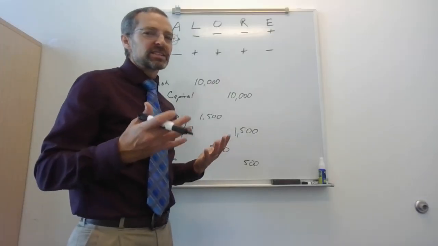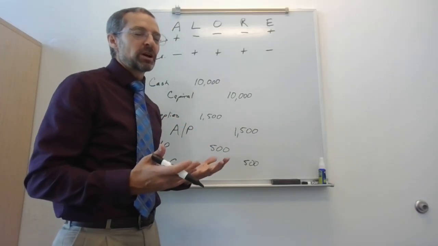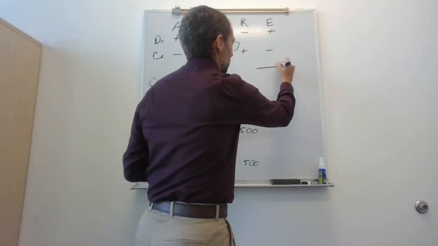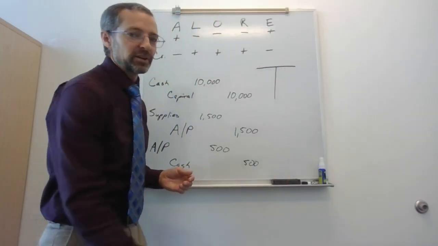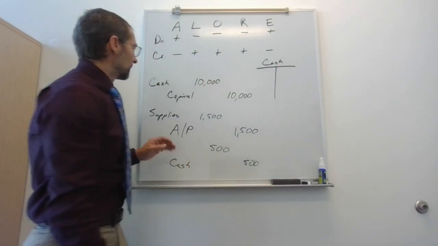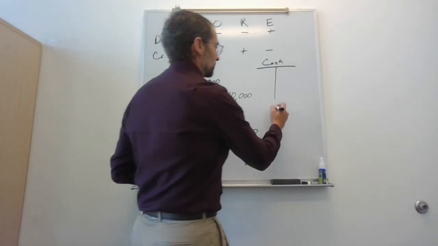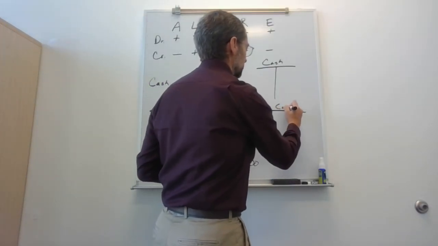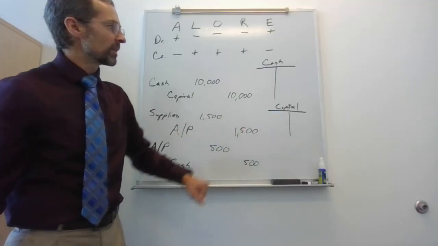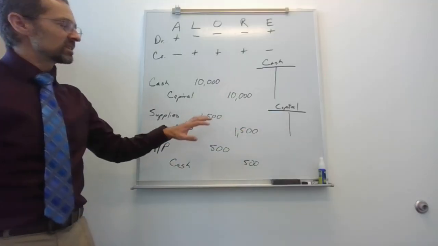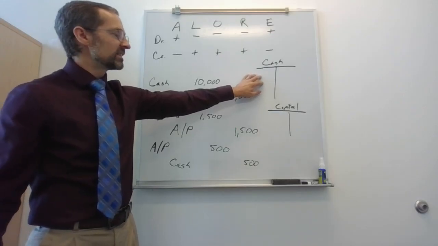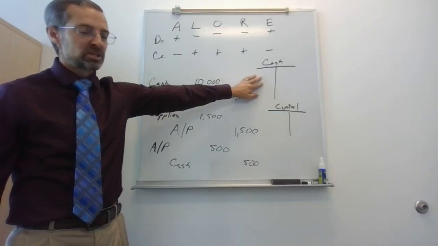And we can have this in a couple of different formats. The format that we often use in class is the T account for our ledger. So I'm going to draw a T account here, and I'll do that for cash. And I have another one for capital. So you can imagine each of these is like an index entry. Not only is it going to tell me what page it is on, or where to find the details of the transaction, it's going to tell me how much it is.